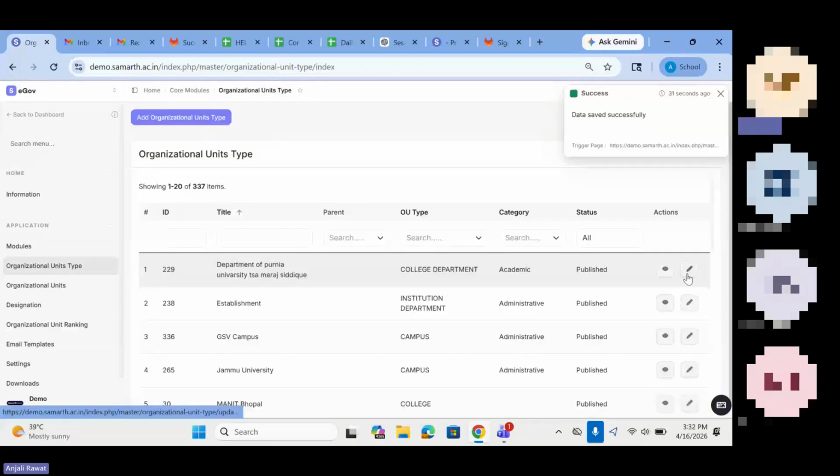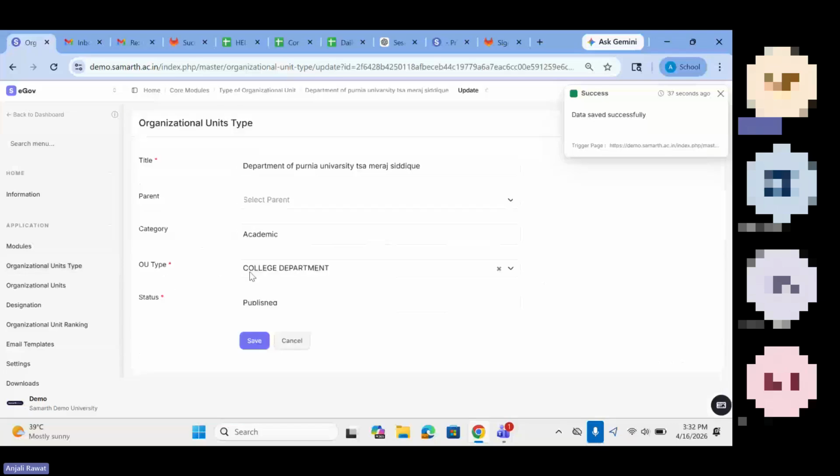You can change the parent also. If you want to change the category, or change the status from published to draft, just click on draft status and then click on the save option. After updating, this will update your details with the current data which you have updated.